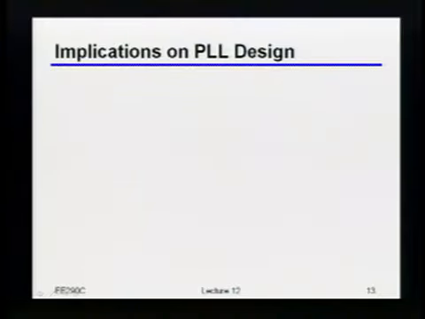Or they kind of look like the VCO, right? In that they're basically bandpass filtered to get to the output. Okay? So let's just think a little bit about what that says about how we should actually build the PLL. Okay, so let's look at essentially the PSD of the jitter